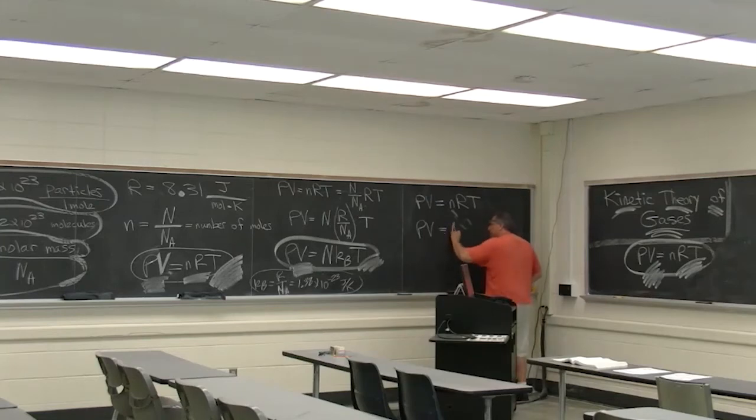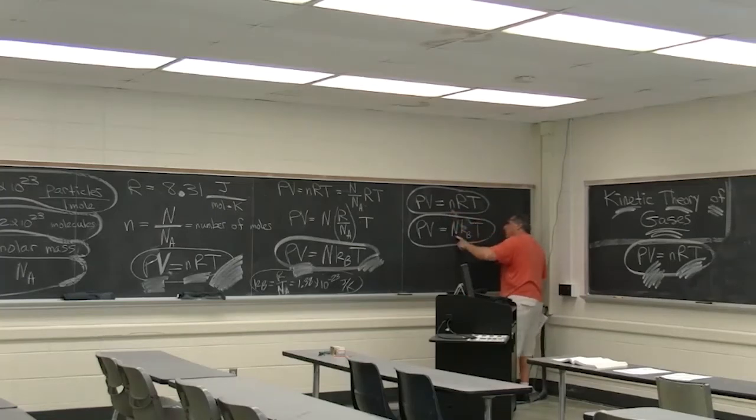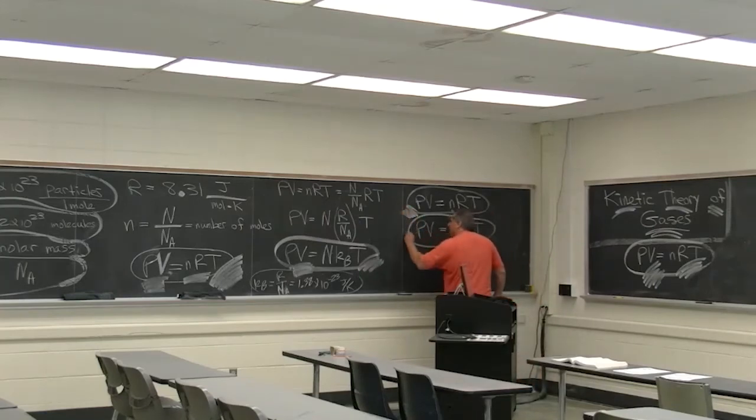How did I write it? N is an absolute number of molecules, and this is Boltzmann's constant. This talks more at a macroscopic level, and this talks more at a microscopic level. And it's the microscopic level that we're going to use to prove something like this, or very close to it at least, and then it follows that this empirical stuff also makes sense, that it's true based on what we've done here. So these are very, very important, guys. All right, with that in mind,